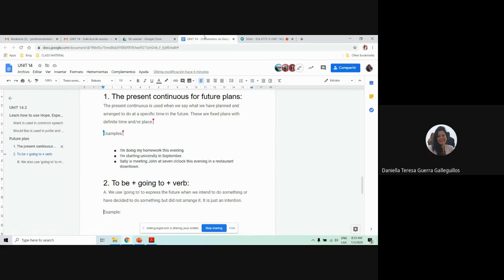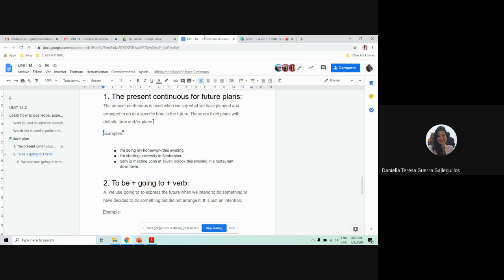O si tú le estás recomendando un restaurante a alguien, le dices, you'll love it, apóstrofe, doble L, de will, se refiere a decisiones instantáneas sobre predicciones futuras o decisiones futuras. Como ves si una abuelita anda en la calle con unas bolsas pesadas, tú dices, I'll help you, yo le ayudo. Bueno, en este caso, son cosas que tú puedes tener anotadas en tu agenda. El lunes voy a visitar a mi abuela. El martes voy a ir al supermercado. Son decisiones que tú has pensado.